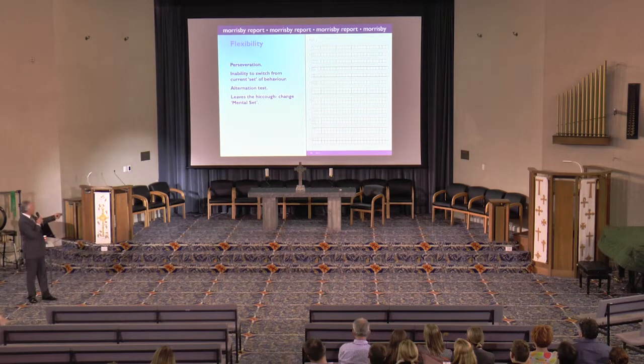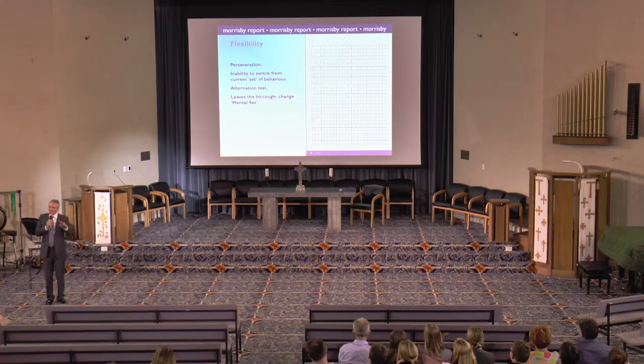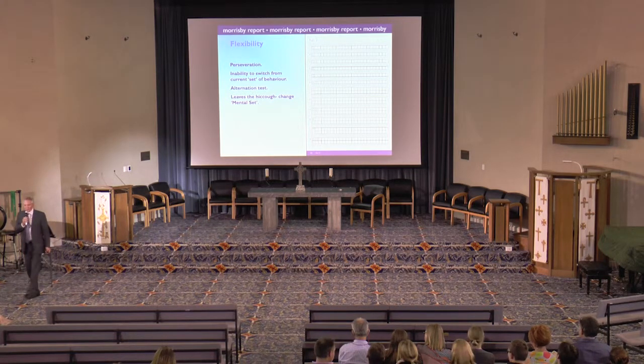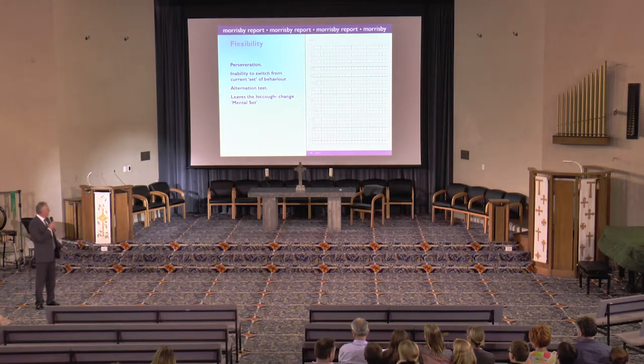Because the real task is when we get to the third one, S forward, S back, S forward, S back, S forward, S back. When you're doing that, your mind has to switch from one task to another. It's called perseveration, and we call it flexibility, and it's an indication of how quickly someone's mind can move from one thing to another. If you have high levels of flexibility, concentrating for long periods of time on one thing can be a challenge.